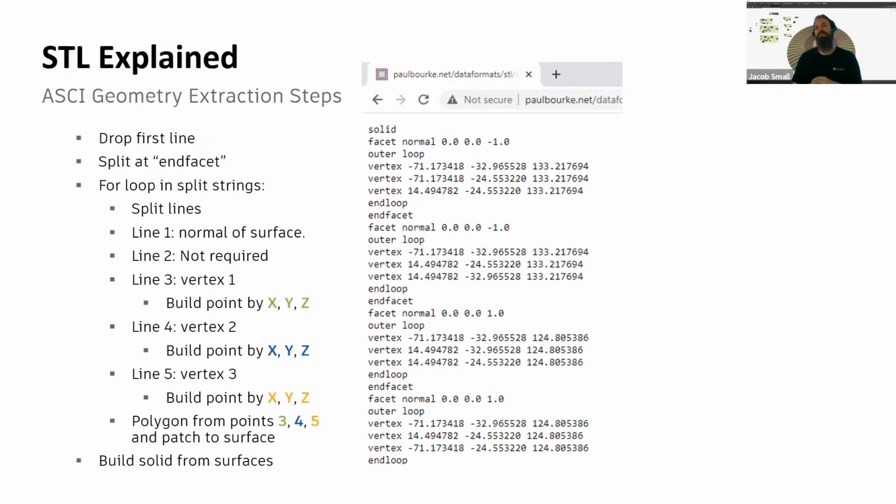So let's look at the ASCII geometry extraction steps. All right, so we're going to drop the first line because it always says solid at the beginning. We're going to split our string at end facet, and that's going to give us all of our different facets. Then we're going to read line 1 to get the normal of the surface. I don't necessarily need that, but it might be handy. Then we're going to take line 2 and just skip it because I don't care about the